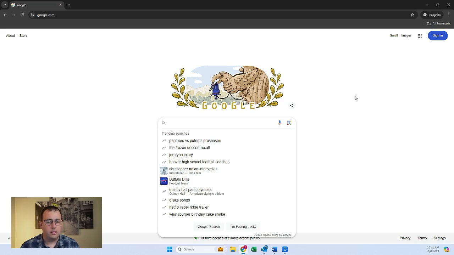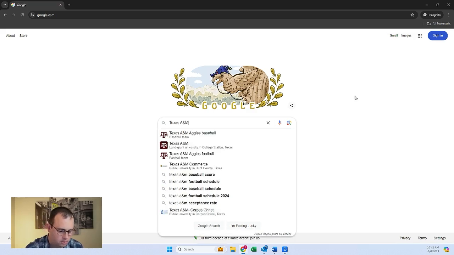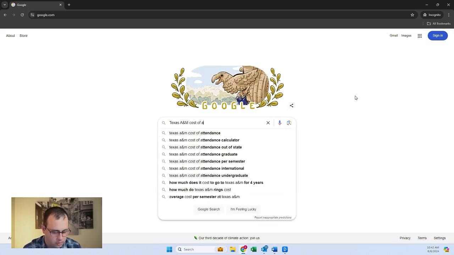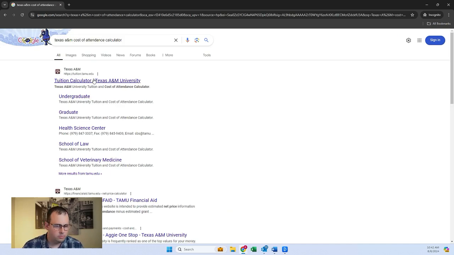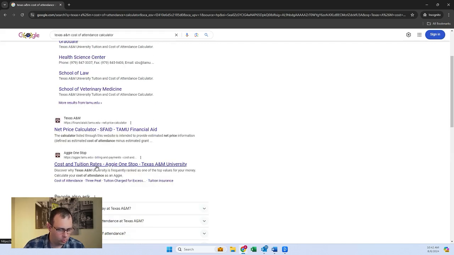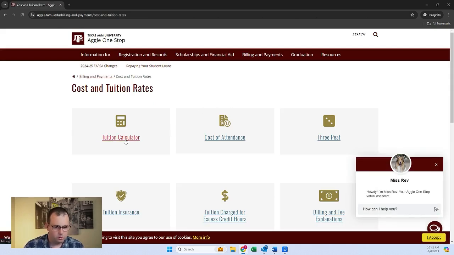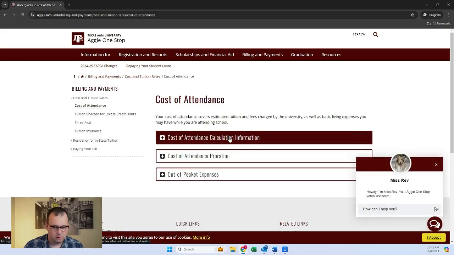Let's take a second and I can show you how to find the cost of attendance numbers at a couple different schools. We'll start by putting in the name of the university with cost of attendance after it. So for this, we'll look at Texas A&M, cost of attendance. And if you see cost of attendance calculator pop up on your search, go ahead and use that one. We can see here tuition calculator, net price calculator, or cost of attendance rates. Any one of these should get us the information. So we're going to go to cost of attendance